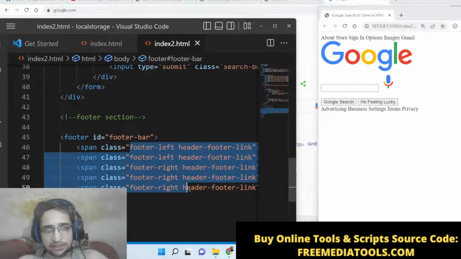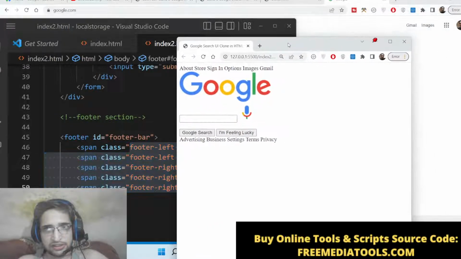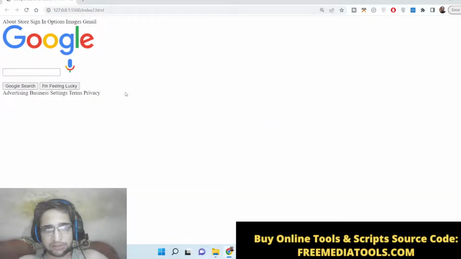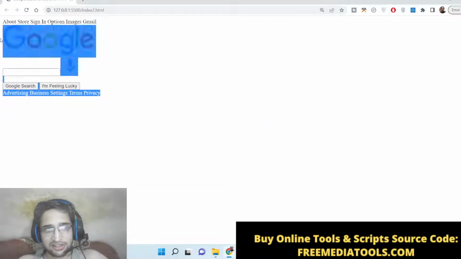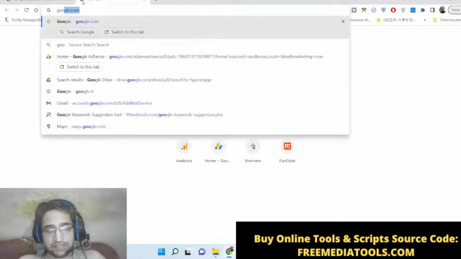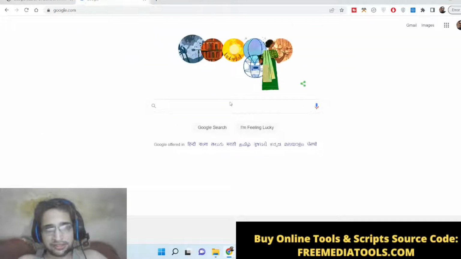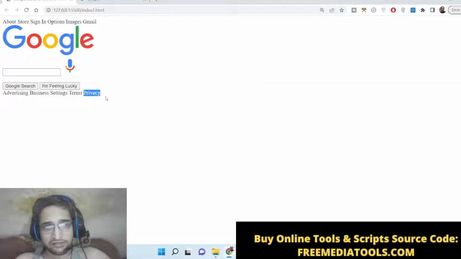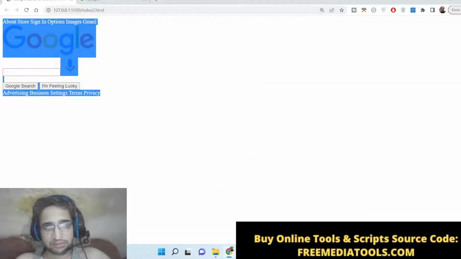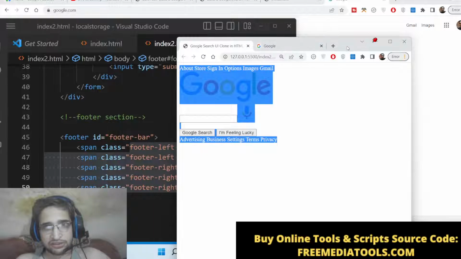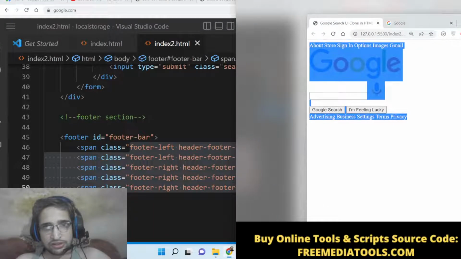Now the thing remains, we need to write the CSS part. If you just look at the bare bone HTML, it is not looking good. It is looking like a very weird page. We need to style it to look something like this. So we need to build the Google search clone UI with just the CSS part. We will not be using any sort of framework. So let's start